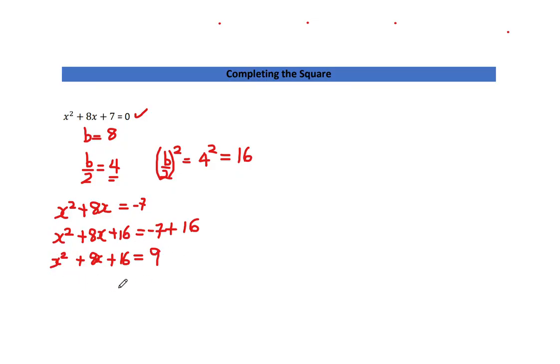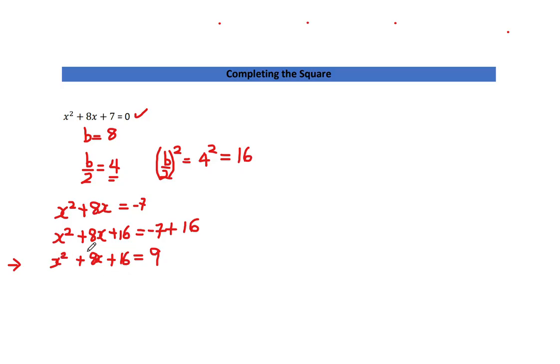The factors are always going to be x plus or minus whatever b over 2 works out to. So b over 2 worked out to be 4. So when I simplify the quadratic at this point that we're at, having squared b over 2, which is 16, and added that 16 to both sides to get to this point,